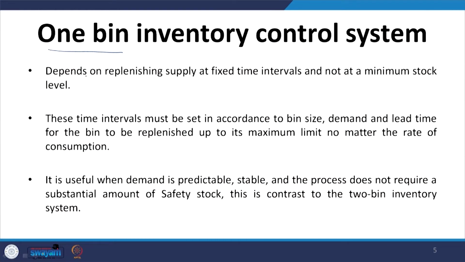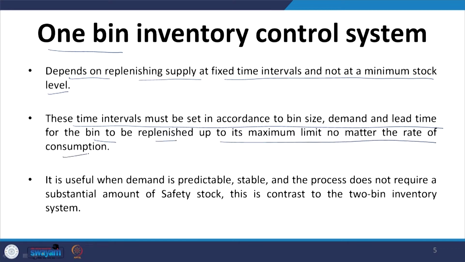In this one bin system, some important characteristics: it depends on replenishing supply at fixed time intervals and not at a minimum stock level. These time intervals must be set in accordance with bin size, demand and lead time for the bin to be replenished up to its maximum limit, no matter the rate of consumption. So, you will always fill this bin up to the top level, whatever rate of consumption it has. Whenever it touches the lower limit, you will apply that replenishment cycle,